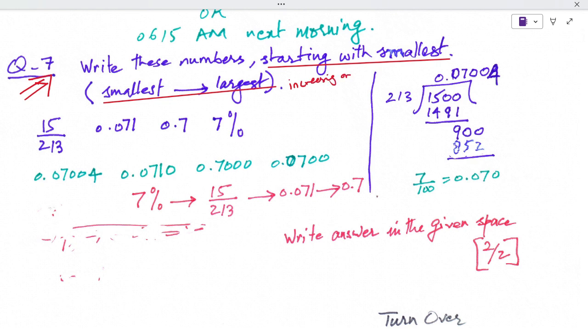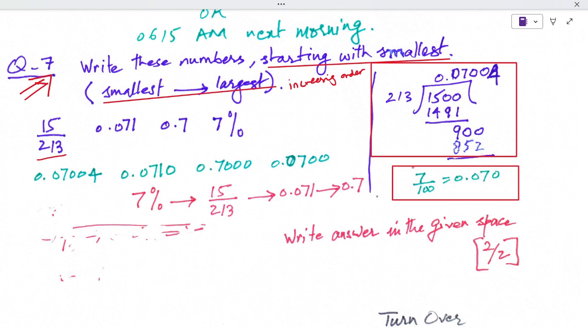You have to solve it. I have done the division in the rough corner in blue color, and then you have to also write down 7% in simple form. So 7% is 7/100, and it comes out to be